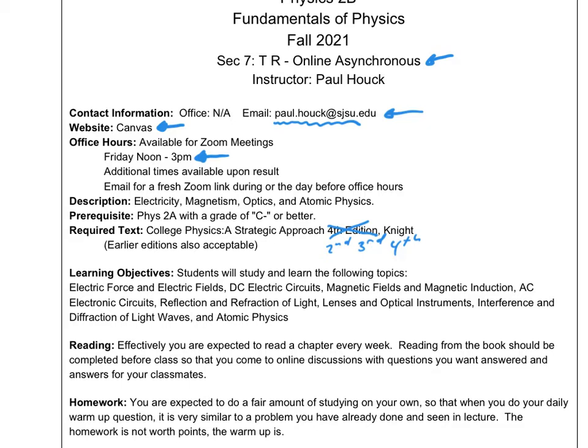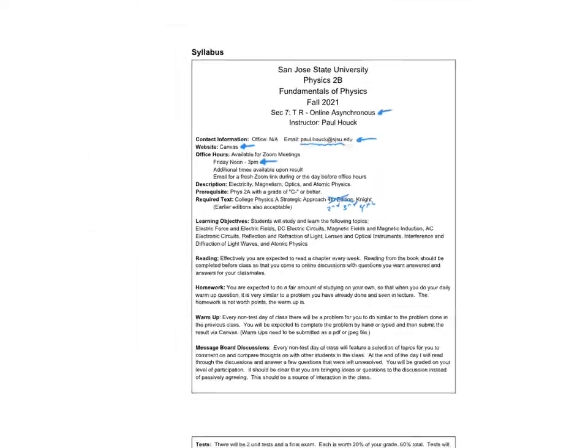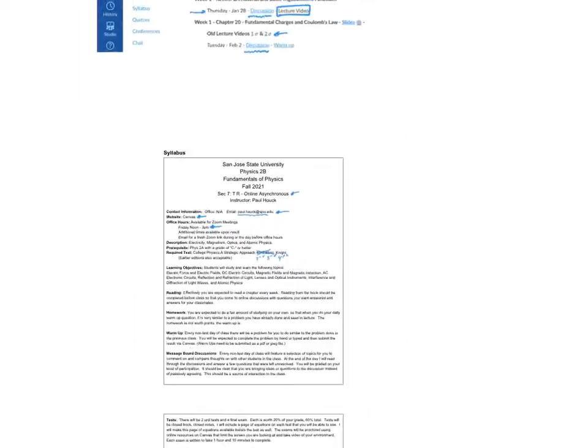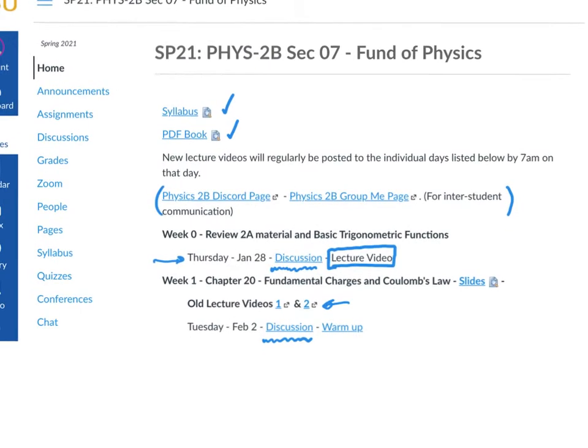I said that there's a 2nd book as well. And the 2nd book is just going to be used during the first half of the semester, first third of the semester, really. And that is the PDF book. The PDF book is written by me. It's available right there. It's free. It's what we're going to be using most of the first third of the semester.